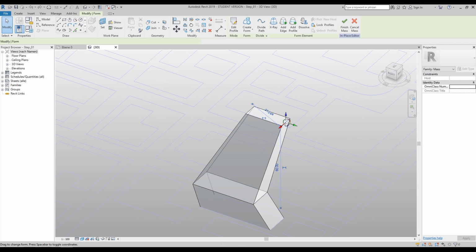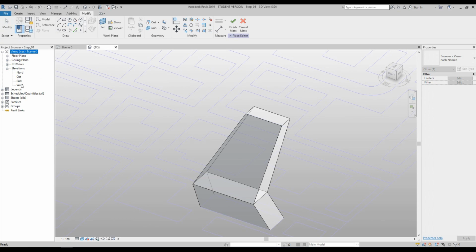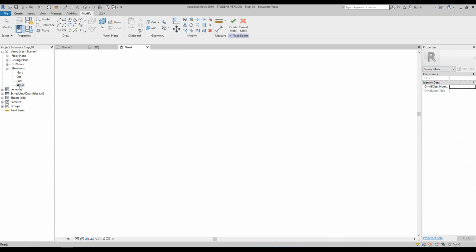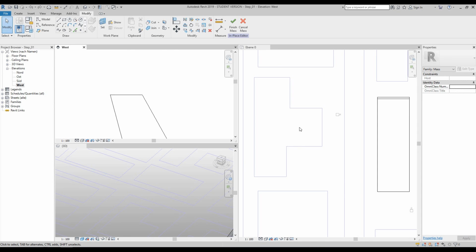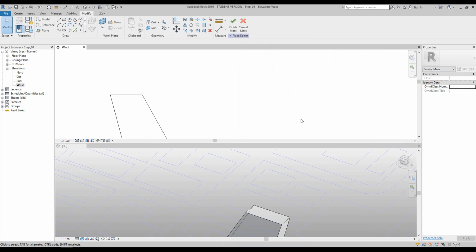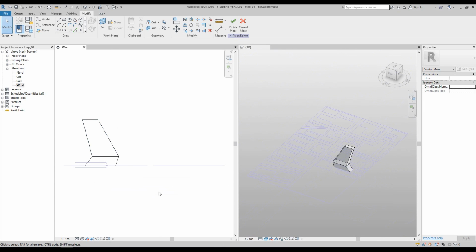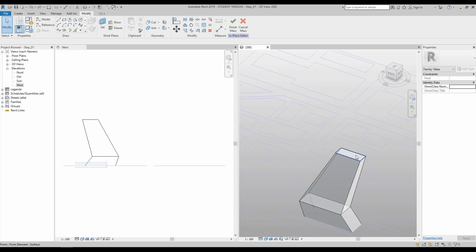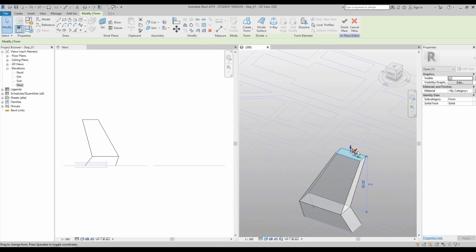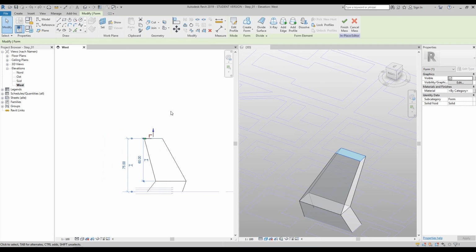So again, we could either select an edge or pull it up like this, but we don't want to do that. We're going to show you another way. So if we go over to our project browser and then go to elevations and then go to the west elevation, and if we press WT on our keyboards and close your main plan and then WT again and then ZA, what we're wanting to do is select the top surface of our 3D and then go back over to your west elevation,